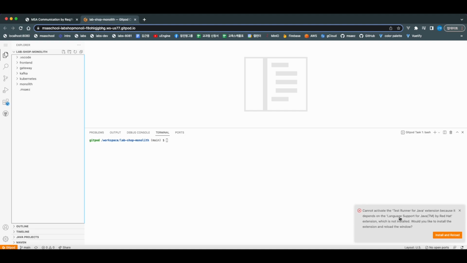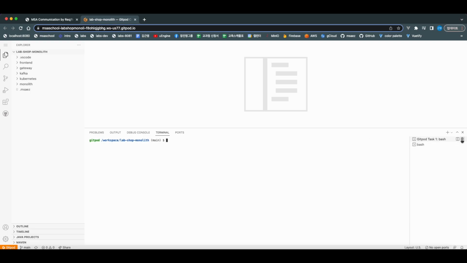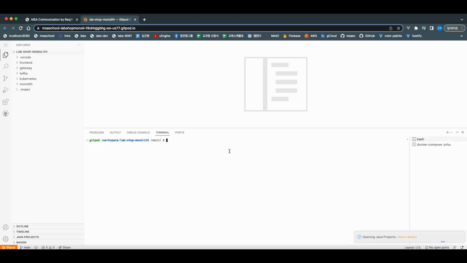And when this pop-up comes up, you have to install this language support for Java. I'll install it and it would reload the page. When it's done, I'll just leave only one terminal and open another terminal from the Kafka folder and put in this command, docker compose up. This command helps us to run the Kafka service,